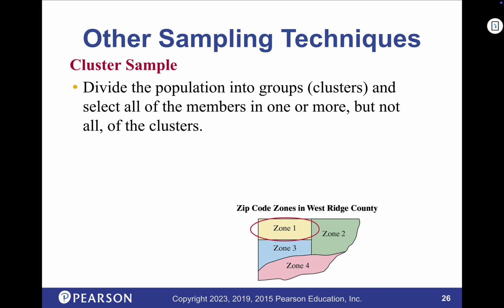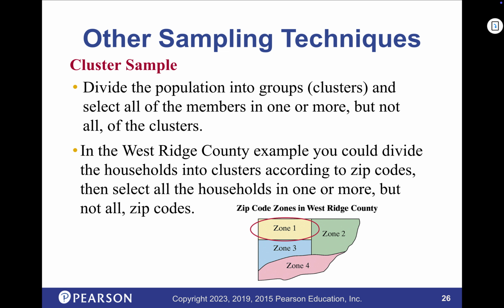Yeah, maybe this zip code has a certain type of person and this zip code has another kind of person. So, you know, there are things that can happen with this. But it's been done where, if you live within the zip code, then we will randomly choose from that zip code.